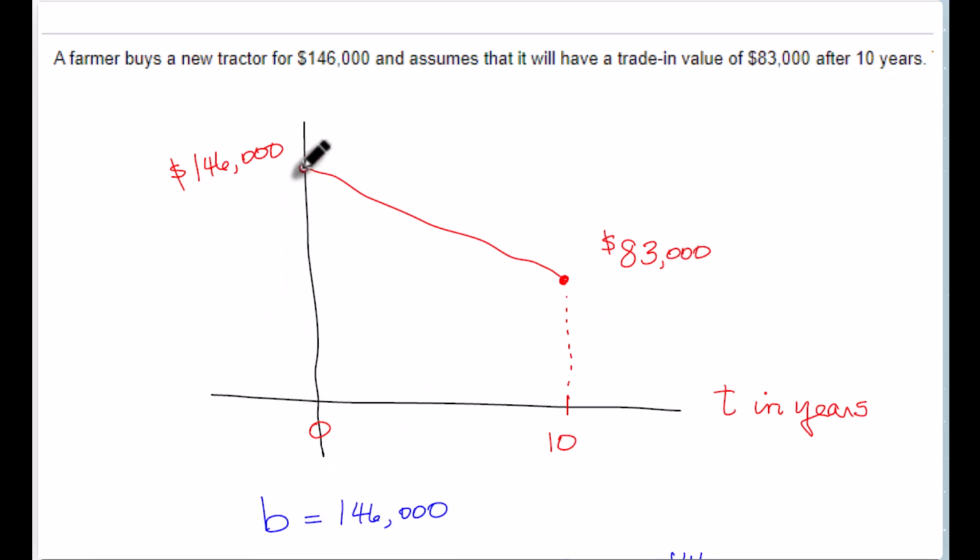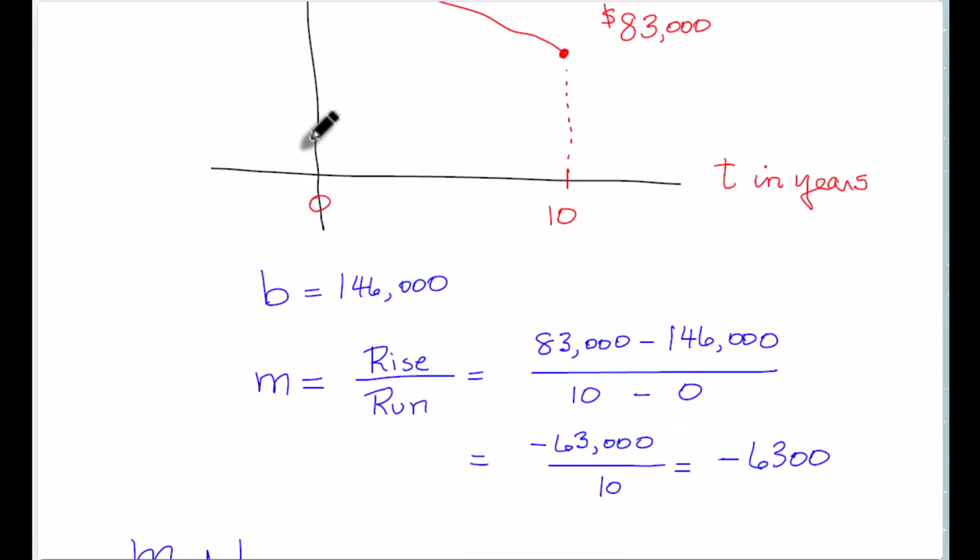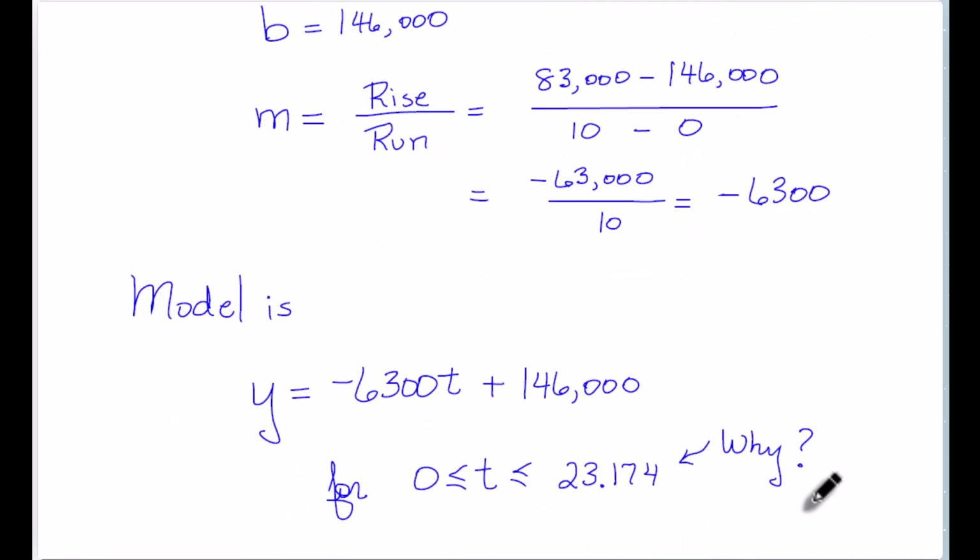Well, I know where it's crossing on the y-axis is at 146,000. I do know the run for 10 years. The rise, well, the rise is going down. We're going down from 146,000 down to 83,000. And so by doing this, I see my M is minus 6,300. So there's my model. My model is minus 6,300t plus